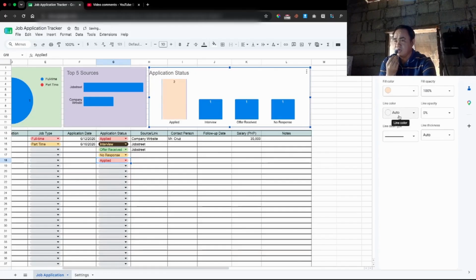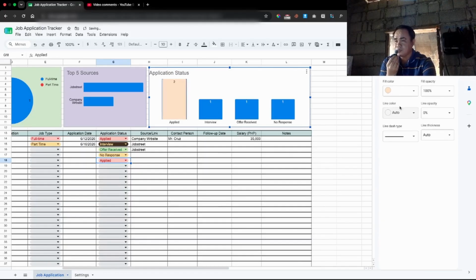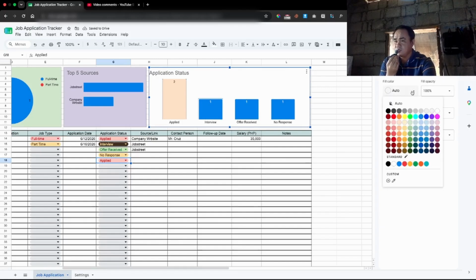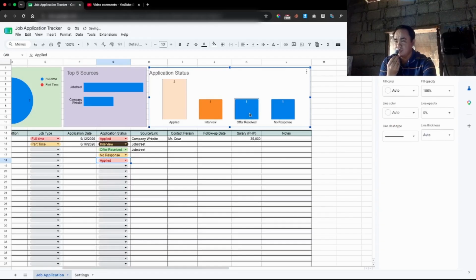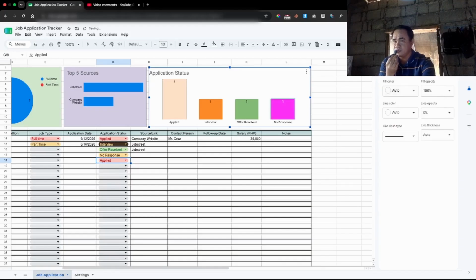You can add a line color, let's say black, and change this from blue to, let's say, orange, and this one to green. To change that, guys, simply double click the bar and update the fill color. This is purple. Okay, so that's it.